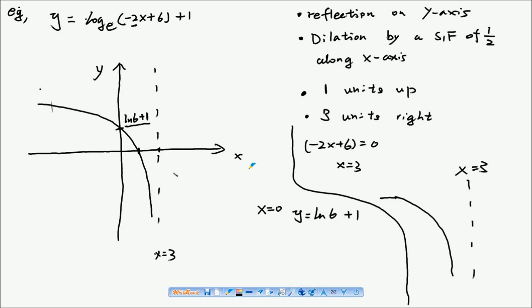Now let's find the x-intercept. So I make y equals 0, and I have 0 equals ln